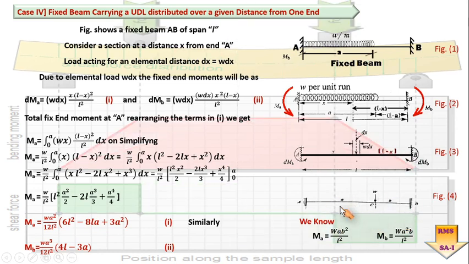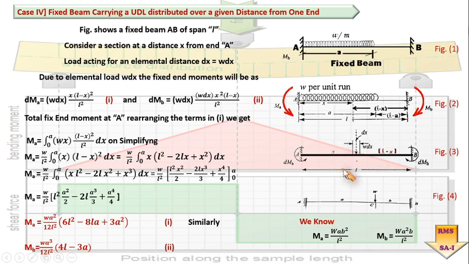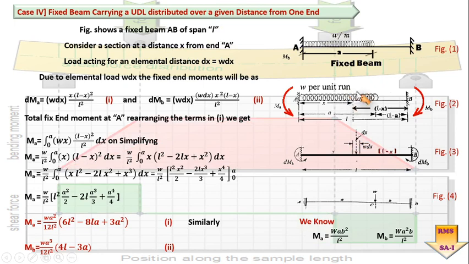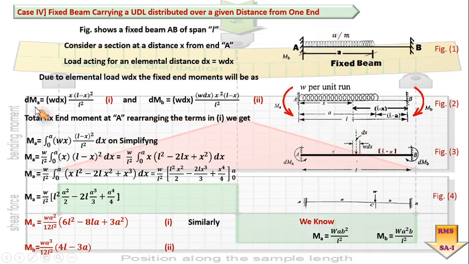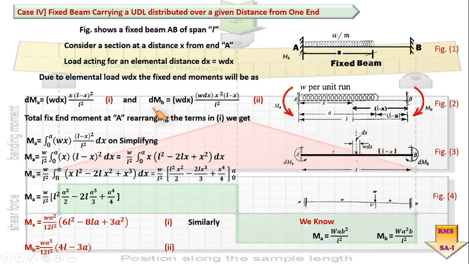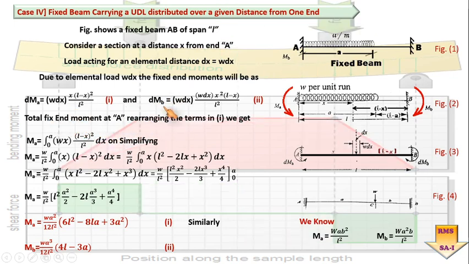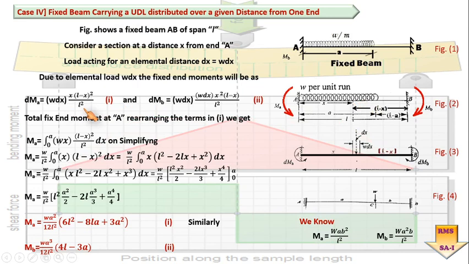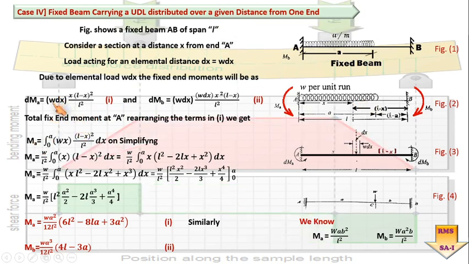So by using this basic standard case, we are implementing it onto this particular example, in which I have considered a small elemental strip of a UDL which has been converted into an equivalent point load. So here we got a fixed moment at point A due to the small elemental strip or equivalent point load. Same is the case with this dMB. Now we know that the total fixed moment at A can be found from these two basic equations by integration over the total span on which the UDL has been imposed. For that, I will be rearranging these terms and rewriting the equation for MA.